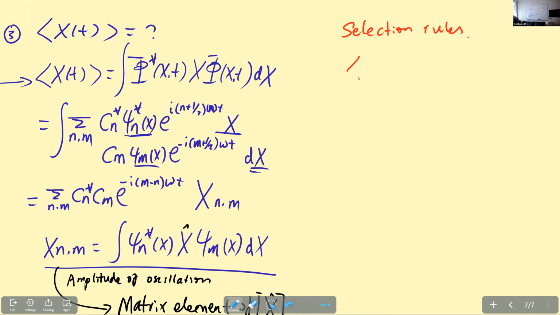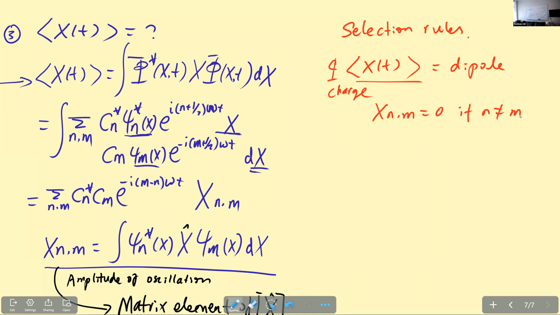Remember this x(t). If we multiply by the charge, this is just a dipole, right? So it oscillates. It can oscillate only between neighboring states. So if they are not neighboring, that means you cannot have